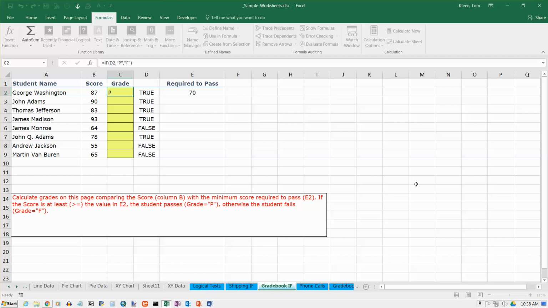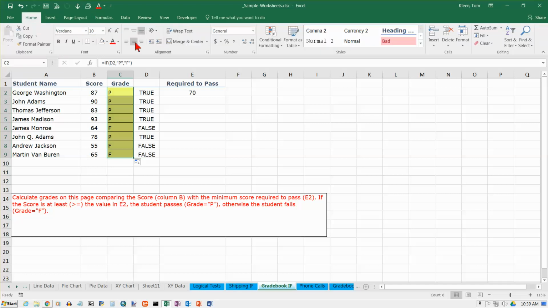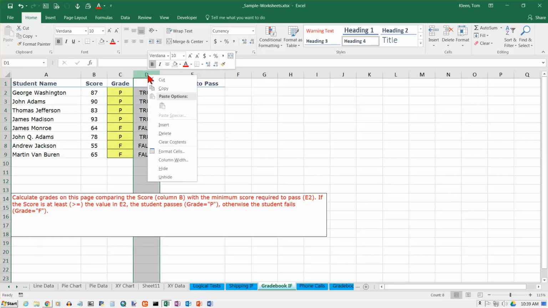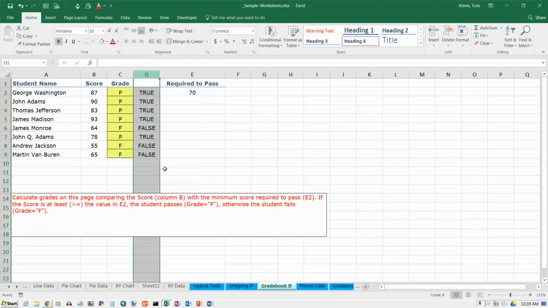I'm going to click on OK, and it tells me that this person passed, and if I copy that formula all the way down, it tells me who passed and who failed. Let's go back here and center align that so it looks a little better. Okay, and that works just fine. If you don't want to have this stuff visible, you can right click on it and you can choose to hide it,